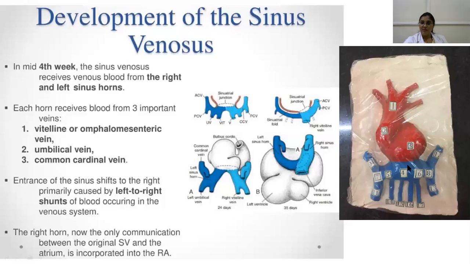And then they'll be asking what is the fate of each of the veins. So vitelline veins mainly contribute to your portal vein, and of the umbilical veins, the left is retained, the right is lost. The umbilical vein brings all the oxygenated blood from the placenta, and gives it through the ductus venosus directly to the inferior vena cava. And cardinal veins, anterior and posterior, drain the anterior and posterior parts of the developing embryo, and they bring the blood to the common cardinal, and that's how the venous drainage of the embryo proper happens. So again, they'll ask you the fate of it. You can just go through this more here.